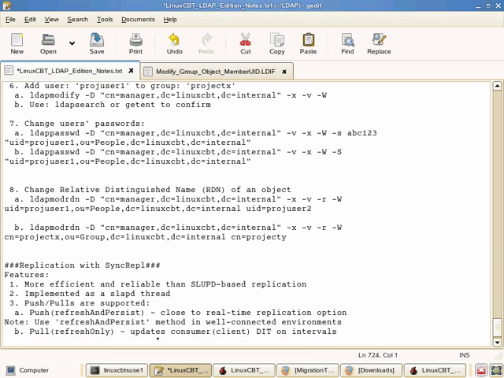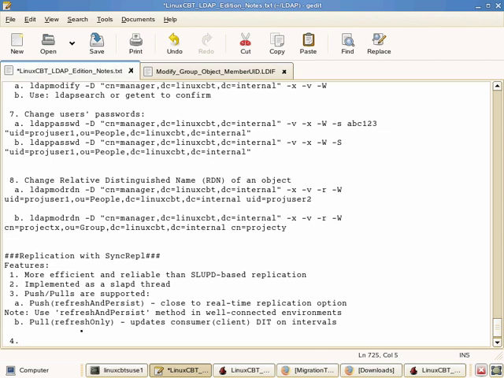So we've got two methods of moving the data between the provider, which is the server, the master, and one or more consumers. We may use refresh and persist for well-connected environments, and this will get you as close to real-time updates as you can, or refresh only with a defined interval, which can be as small or even smaller than the default slurpd replication of 3 seconds. And the model changes from a single master to a provider, which is basically the master, and consumers, which are clients,